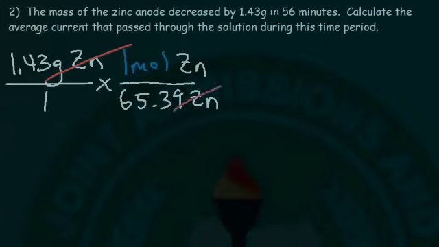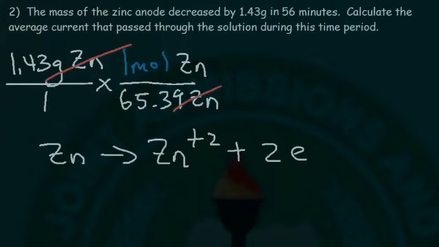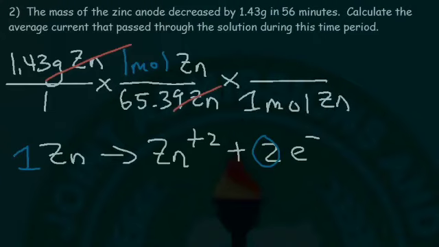And for the zinc half reaction, because we're dealing with the anode, we know oxidation occurs at the anode. So it's going to be written this way. But the important thing is the molar ratio. And we can see that the molar ratio is 1:2. So that means that for every 1 mole of zinc that is displaced into the solution, 2 moles of electrons